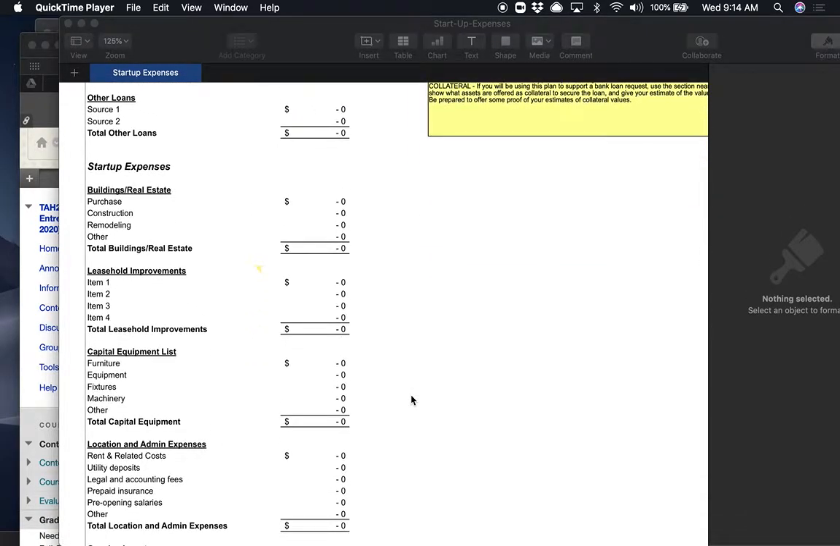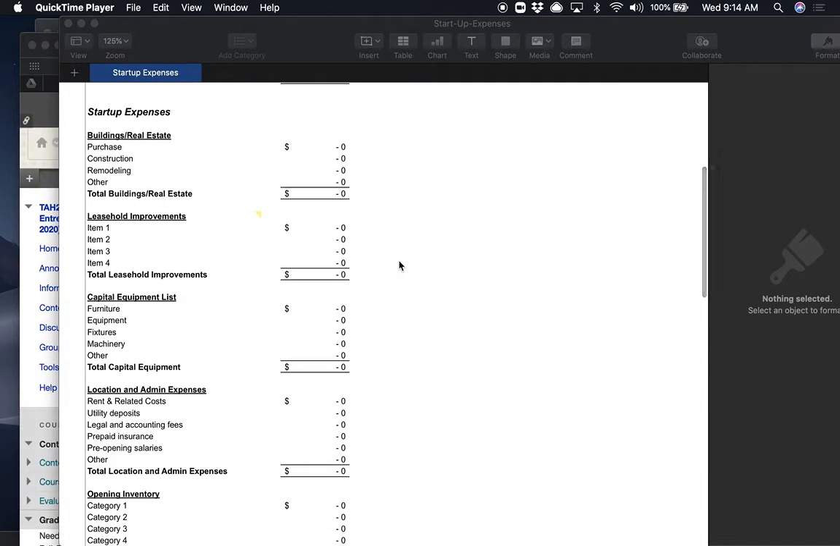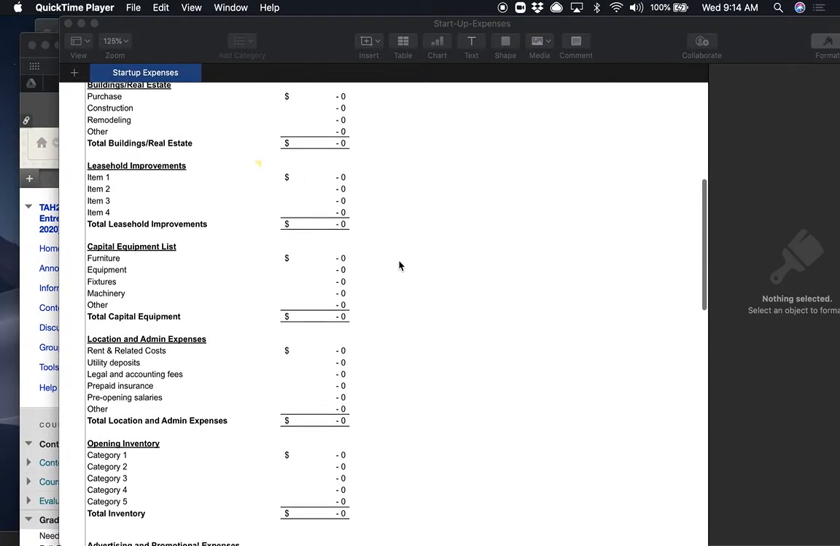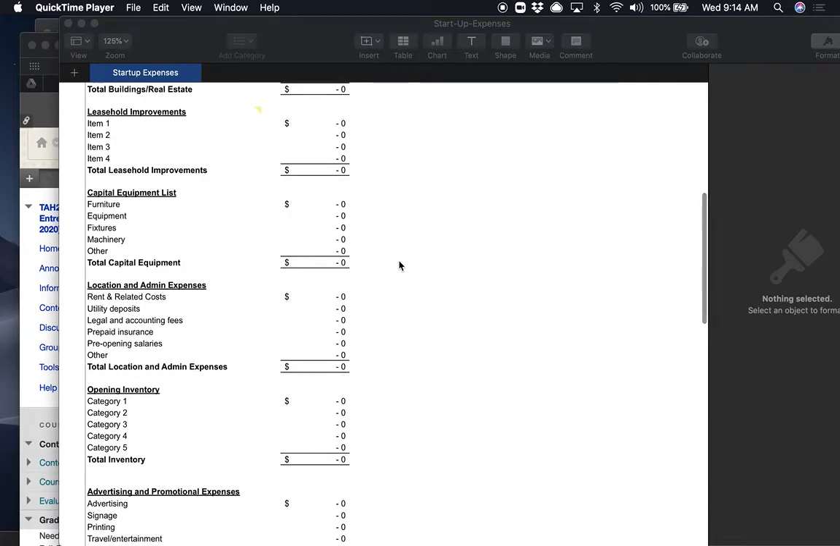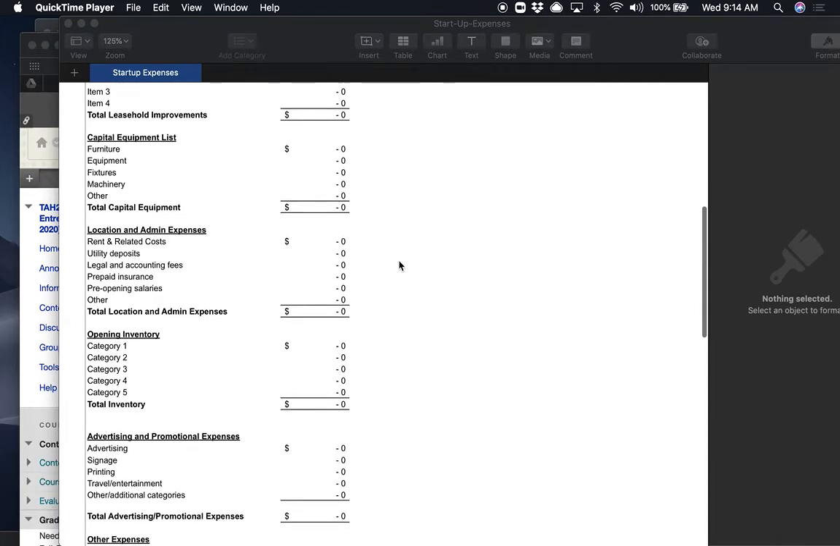Startup expenses, especially if you're a service business, this area may not be appropriate because you're not going to need any specific buildings or real estate. Similarly, leasehold improvements, if you don't have an office, that area might be blank. Capital equipment probably applies to most of your businesses, especially if you're buying equipment to make your goods. For example, if you're running a rental company, this is where some of the equipment you buy to rent out